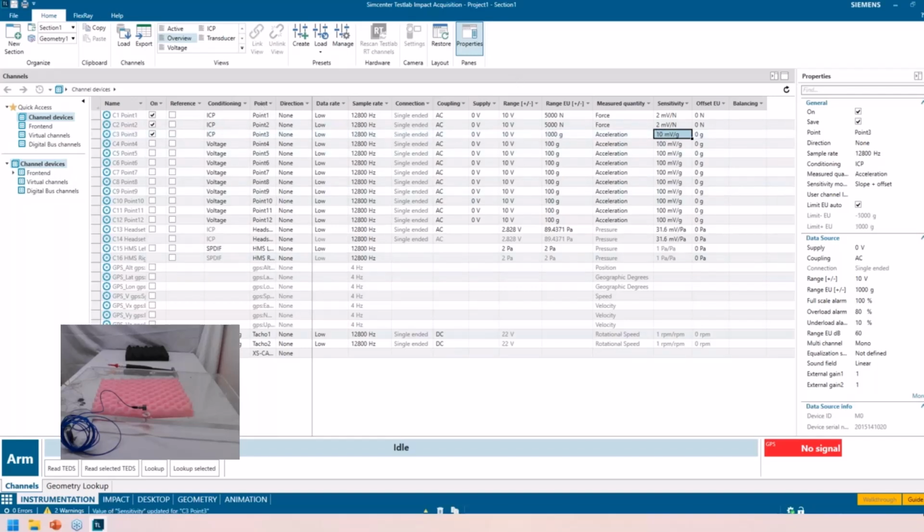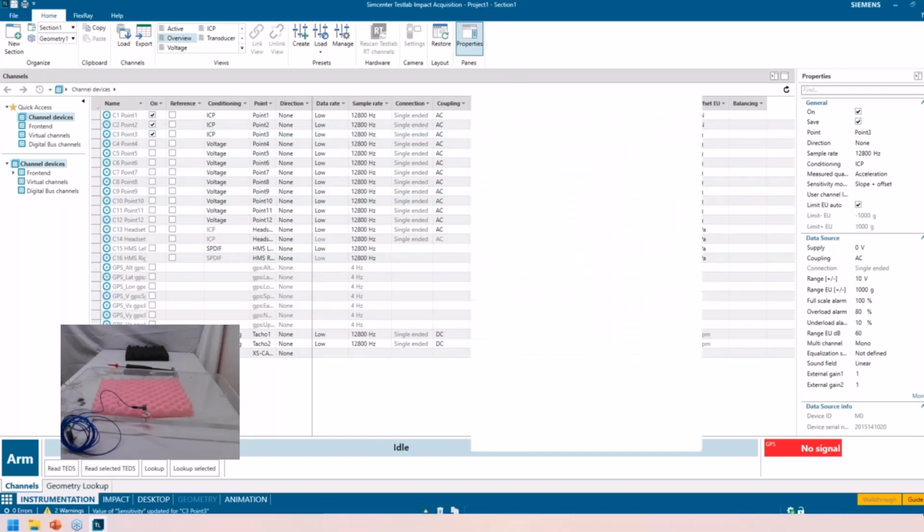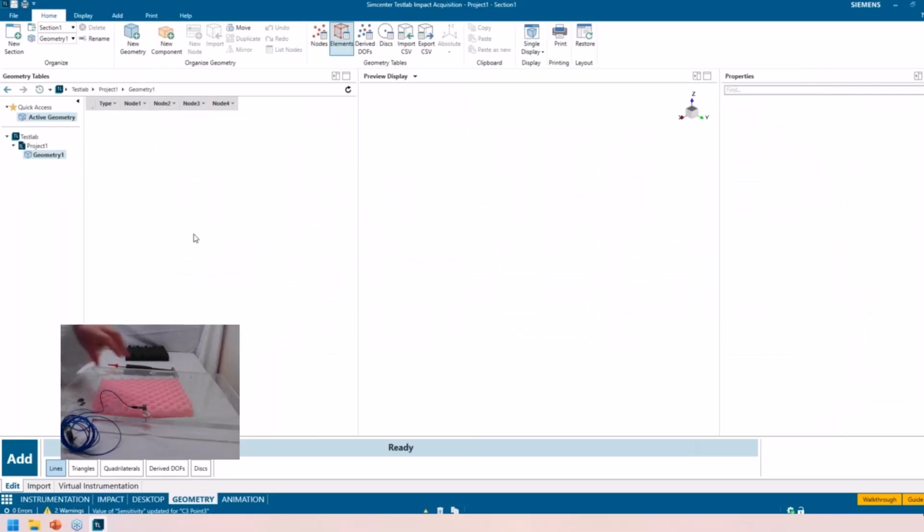Okay, I've got my setup. I'm going to go into geometry, and I'm going to create this plate in 2 seconds very quickly. So if you're new to TestLab Neo, we have a geometry creation. This is really cool because even if you prefer TestLab Classic, you can make all your geometry in Neo and then just open it in Classic. It goes way quicker. So I'm going to go add.